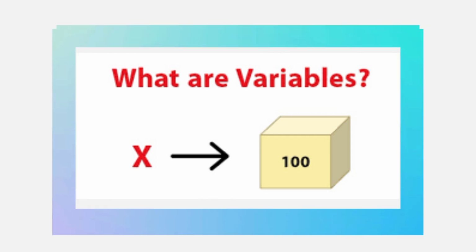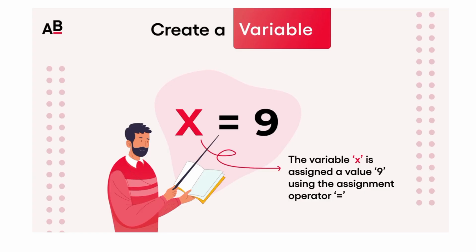A Python variable is a reserved memory location to store a value. In other words, a variable in a Python program gives data to the computer for processing. Every value in Python has a data type. Different data types in Python are number, list. The variable can be declared with any name or even an alphabet like A, B, C. And then use x as a variable alphabet. Create a variable: x is equal to 9 is an example of the variable, x is assigned a value 9